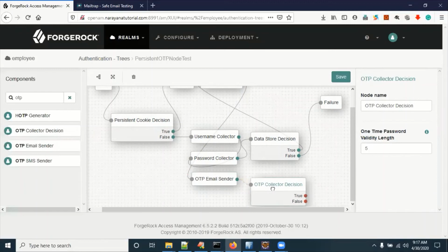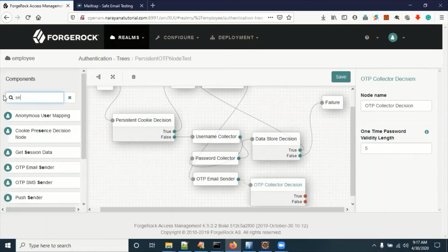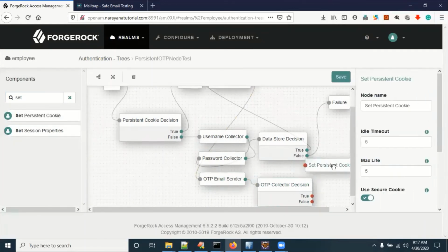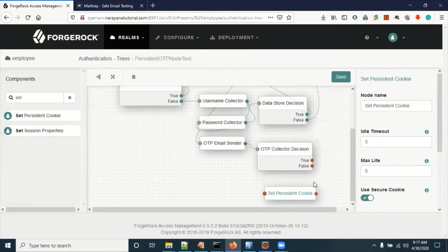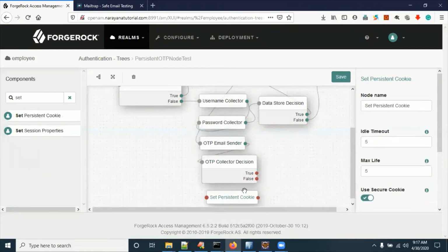After validating the OTP, we have to set the persistent cookie. Set persistent cookie. Okay. So if it is a valid OTP, then set the persistent cookie.